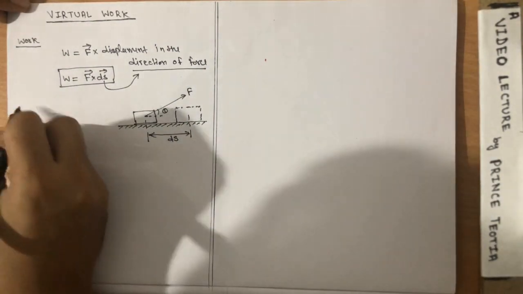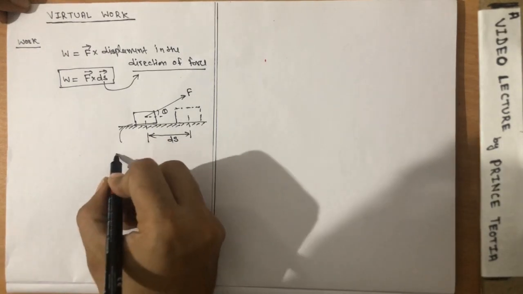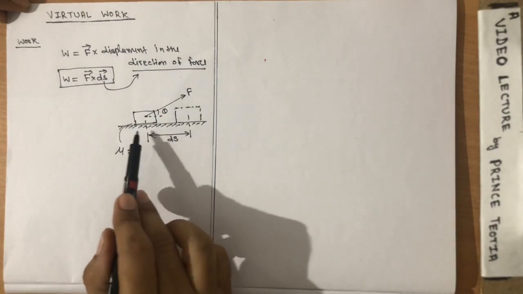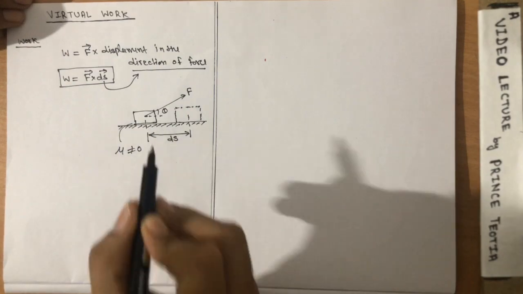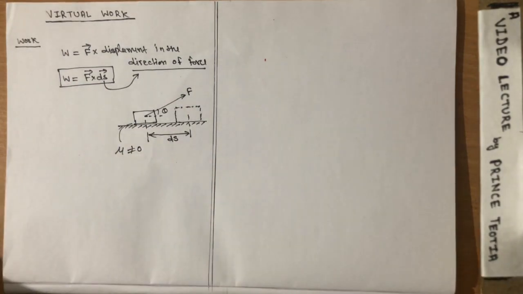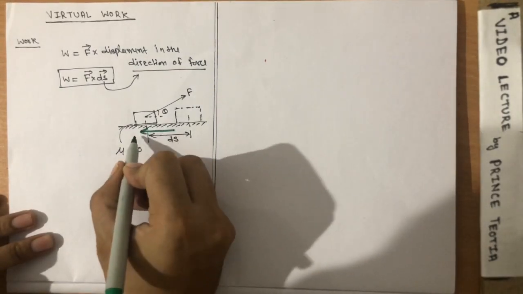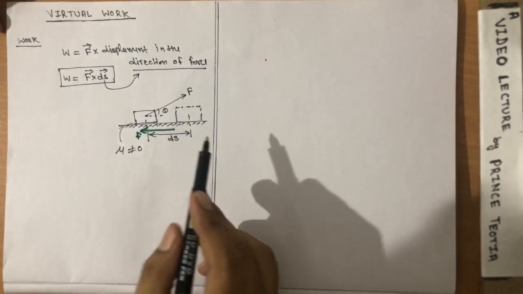So the work will be, and suppose there is a friction also, mu is not zero, means this is the rough surface, so there is a friction force also. If there is a friction force, we know the friction will apply in the opposite direction. This is the friction force. Now the total work done by the force will be,